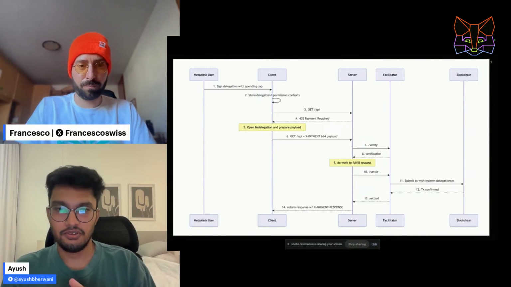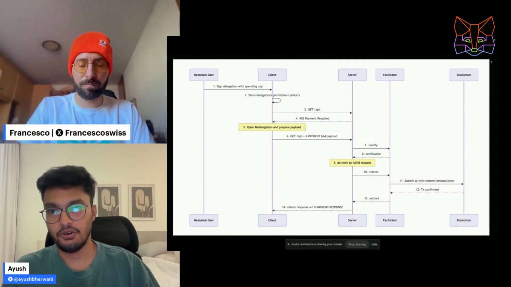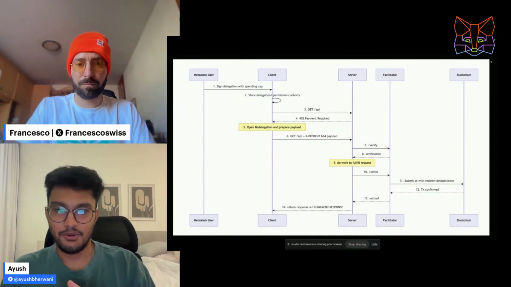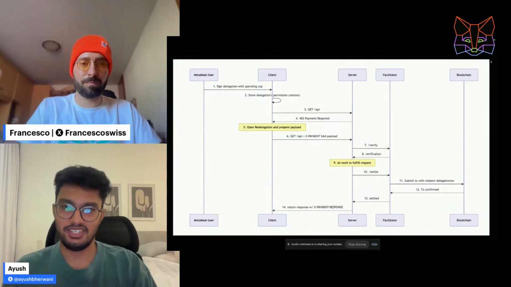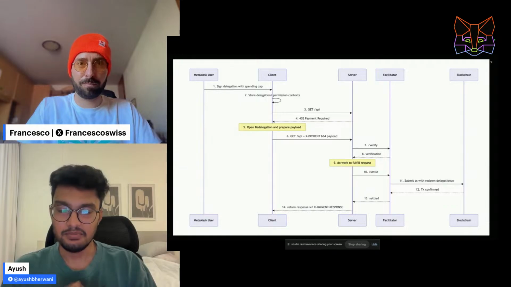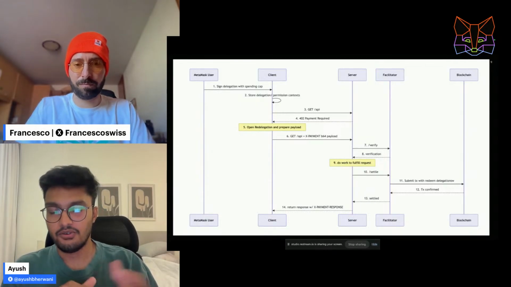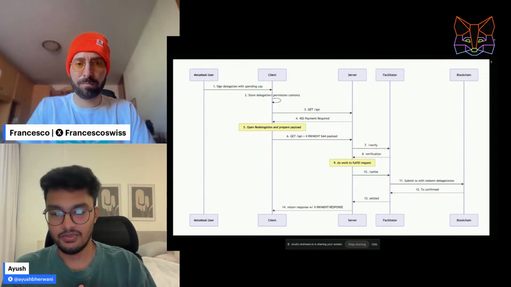So it's pretty cool for when you want to give permissions to an agent from your EOA wallet, and then that agent can use that permission from your EOA wallet to do transactions. And today we will be doing something kind of like that. It's kind of unlocking subscription or recurring payment schemes without having to do a very large approval and putting assets at risk.